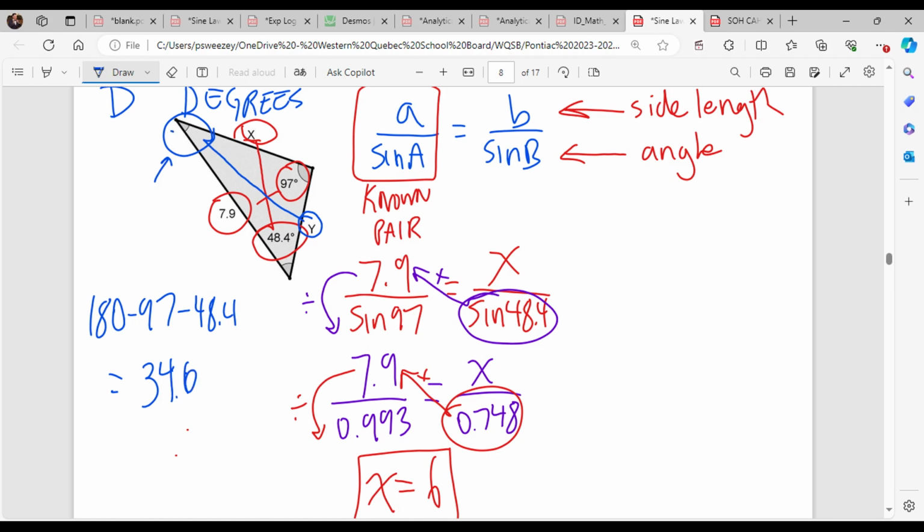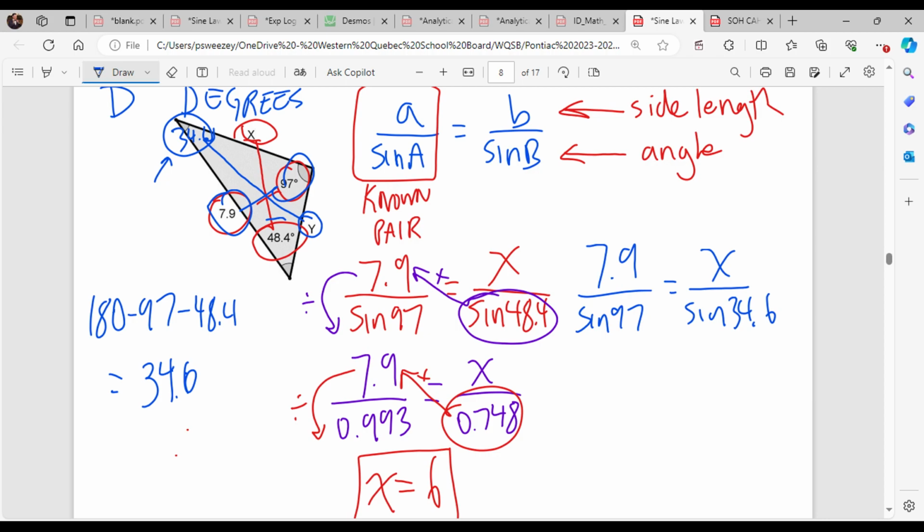34.6. So now I have an angle to pair with that guy. I still have the known pair. This 7.9 and 97 is still the pair I would use. So in terms of setup to solve for this guy here, the first step is going to be the same. 7.9 over sine 97 is equal to x over sine